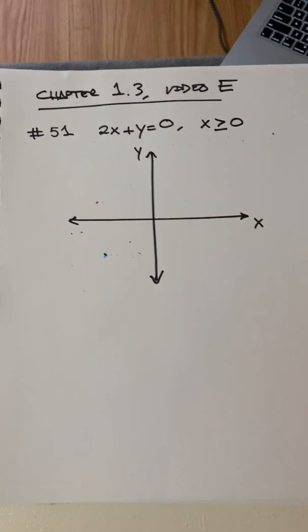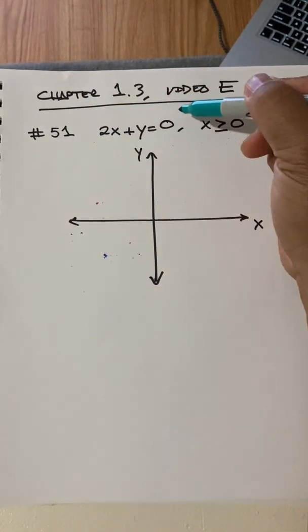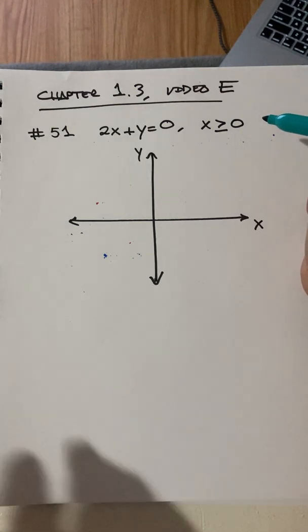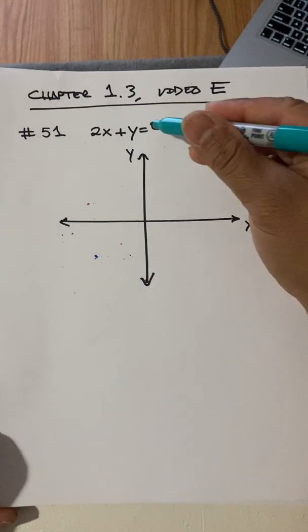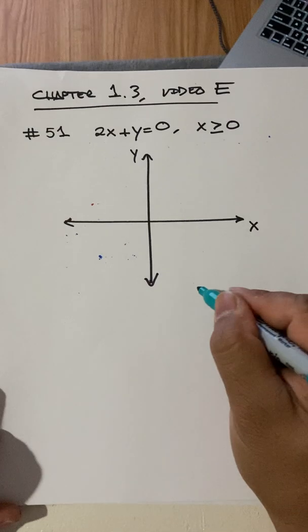So right now I have no graph, right? So I'm going to graph this line, 2x plus y equals 0. Of course, I really don't know how to graph that. I know how to graph y equals mx plus b. So I'm going to change this form into y equals mx plus b, okay? I'm going to do that,